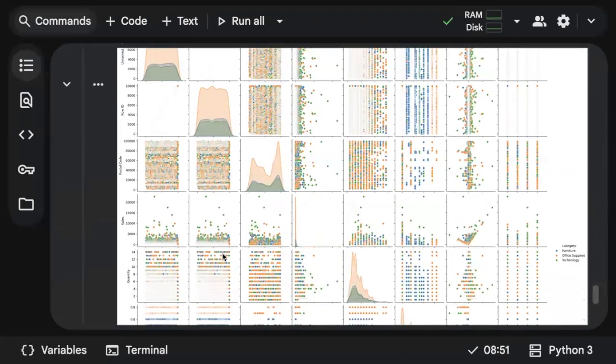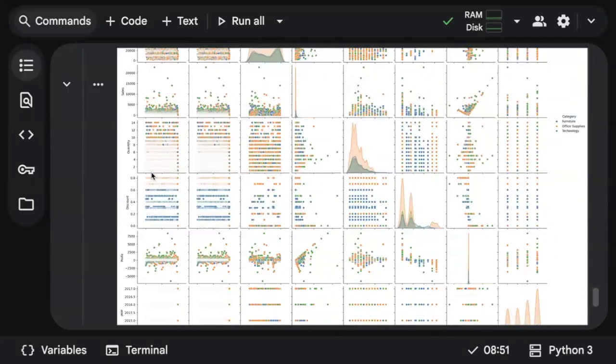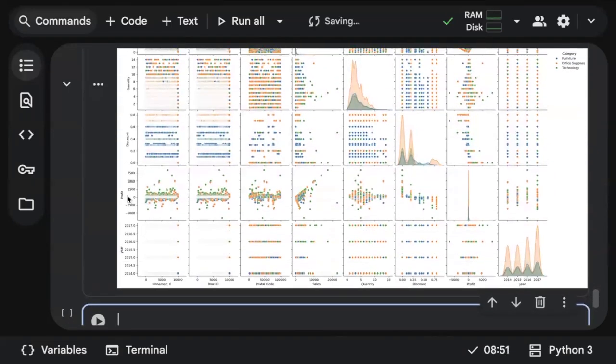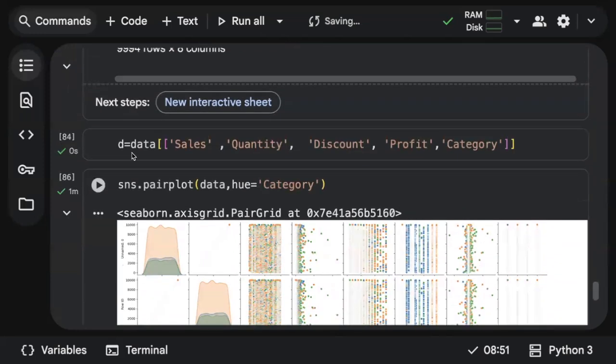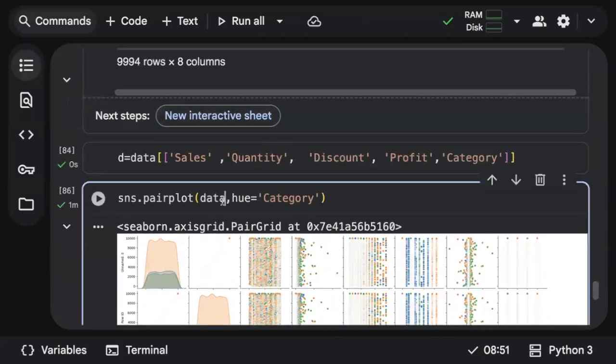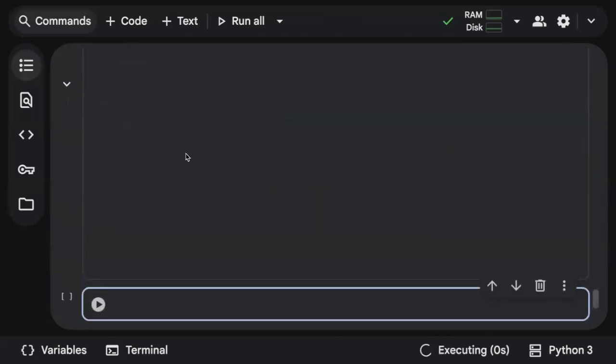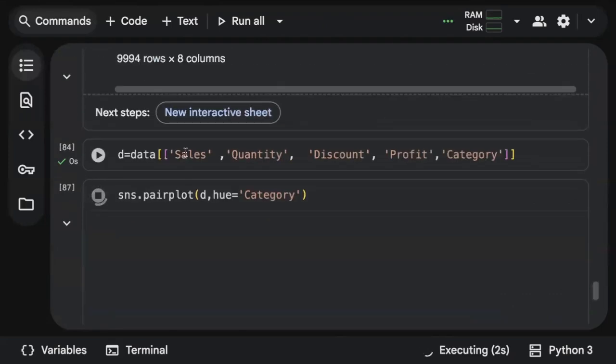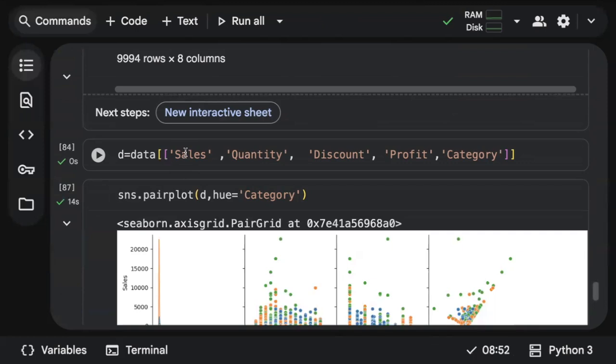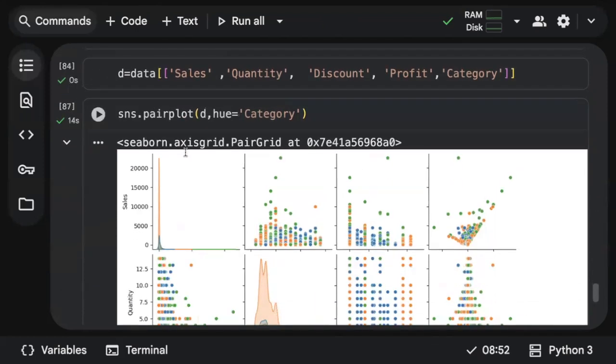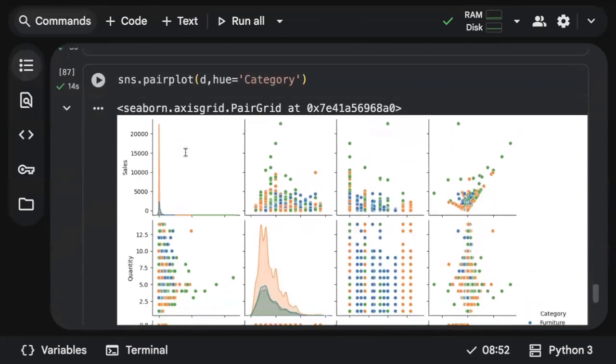You can see here I passed the entire data. It's giving it for all the numerical columns, like profit, quantity and all, because I passed the entire data itself, right? So what if I pass b? Let me try with b and let's explore it, because when I passed the data, it was taking all the numerical columns out of it. So filtering is optional. You can pass even your entire data also, but the issue is it will plot graphs even for the unnecessary columns as well. So it's always good to filter which numerical columns are important, and then you can analyze them.